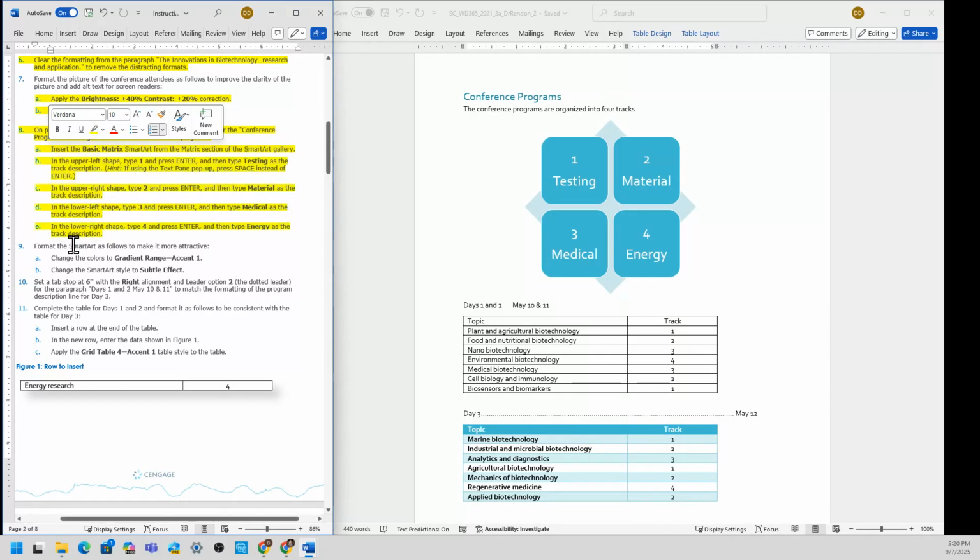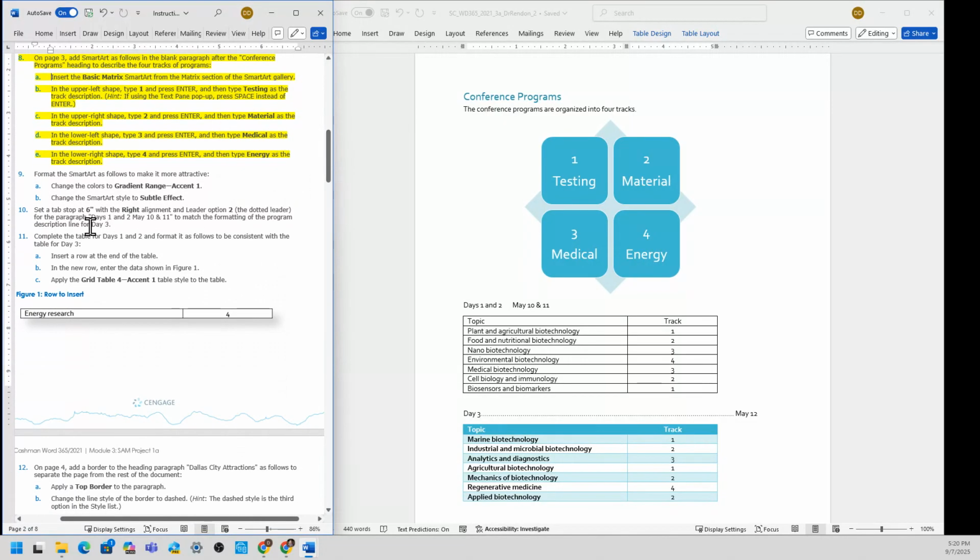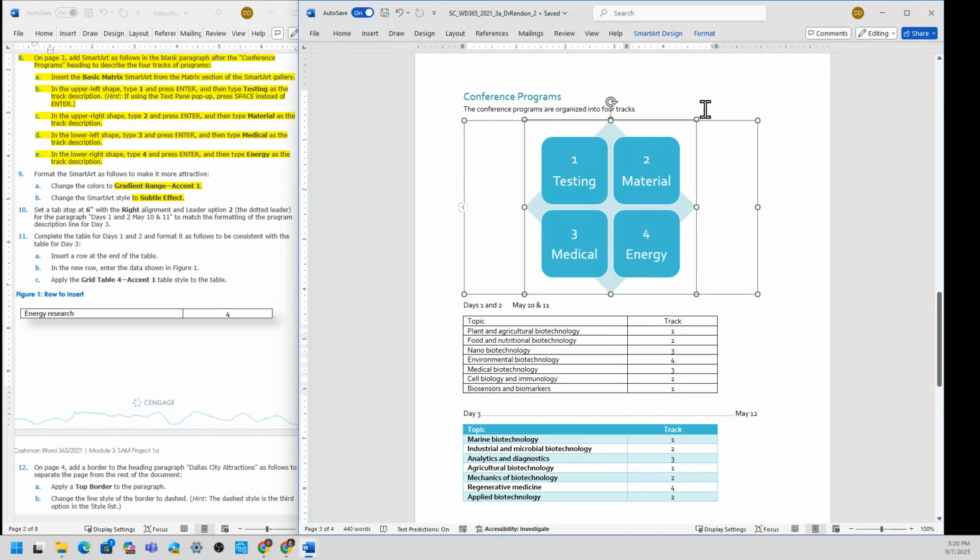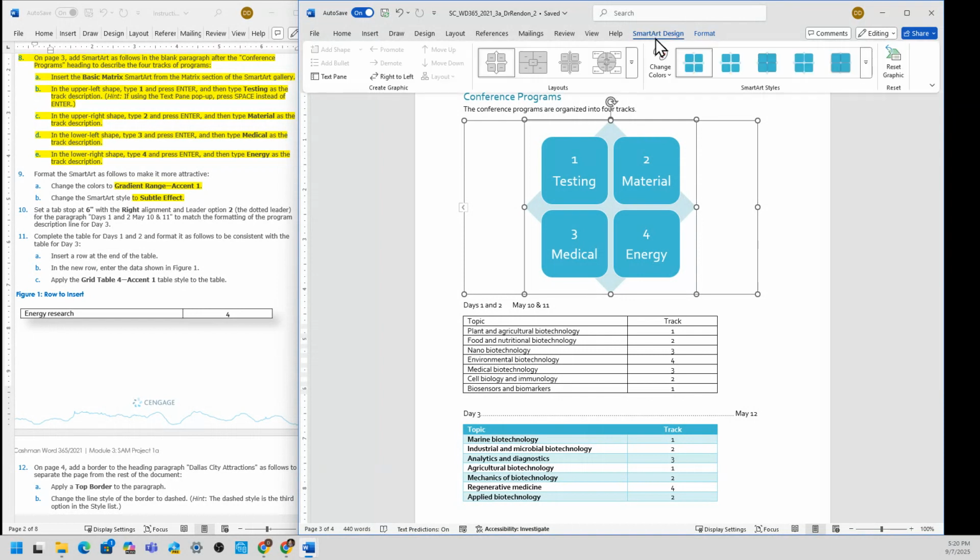Then continuing on step 9, which is still on the smart art, but we're going to format. Change the color to the gradient accent 1, and then change the smart art style to subtle effects. I'm going to select the smart art again. So this time I'm going to select the smart art design, and the color is here.